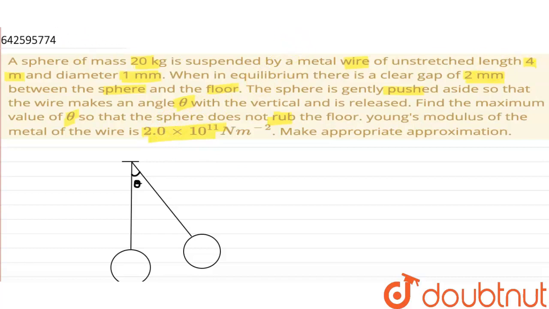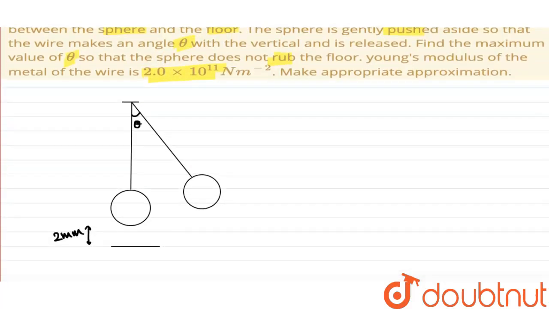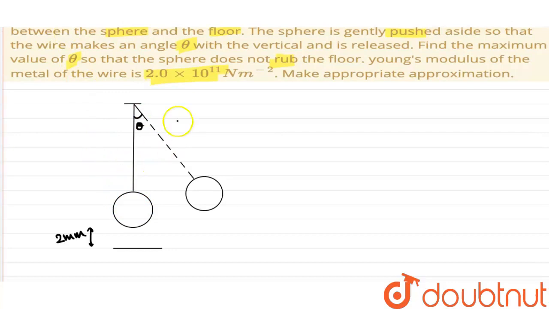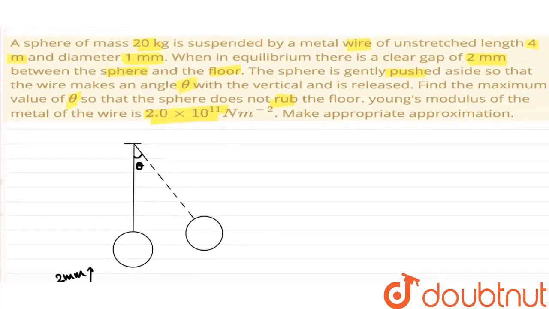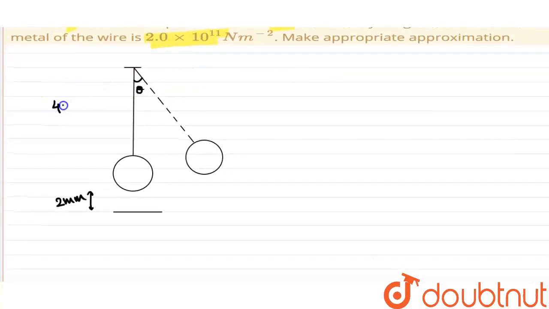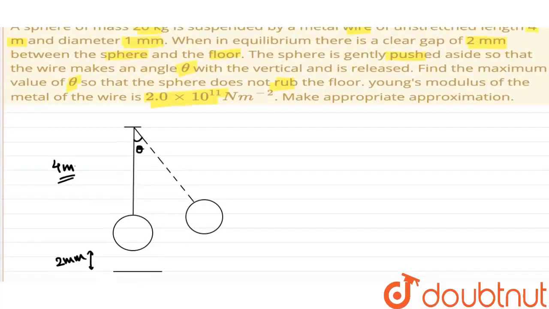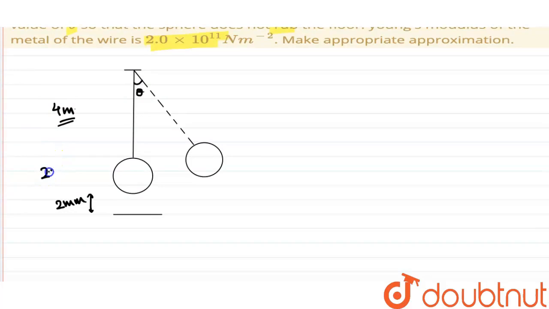Okay, so basically this is the situation as shown over here, that there is this ball. This is the situation where this string of length 4 meter is hung, and there's a ball of 20 kg at one end of it. The gap between the ball and the floor is 2 mm. The ball is shifted aside to an angle theta